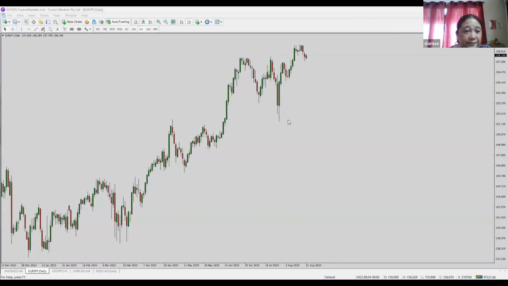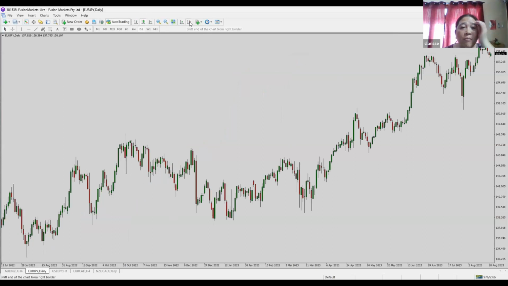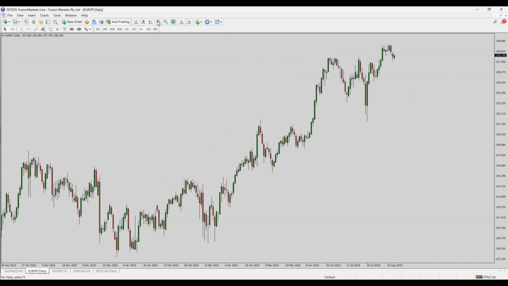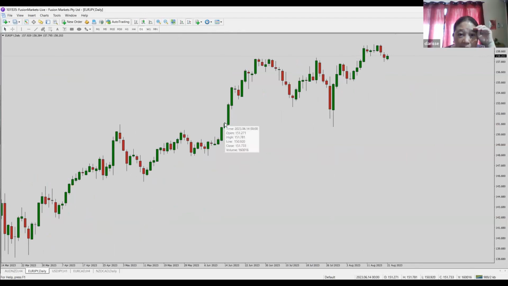Yes. Okay. You want to show the gap, is it? Yeah. So, example, let me see where the gap is. Okay, let's say I have a gap here. Can you see this candle high and this candle low?